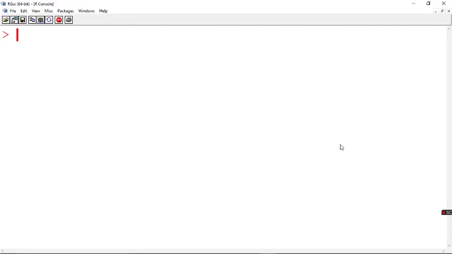Yes. So now let's just create a simple function. I say a mathematical function, maybe I say mathematical underscore function. Fine? So this is the name of the function I create, and we know how to create a function. I use the keyword function followed by the brace which gets the arguments.